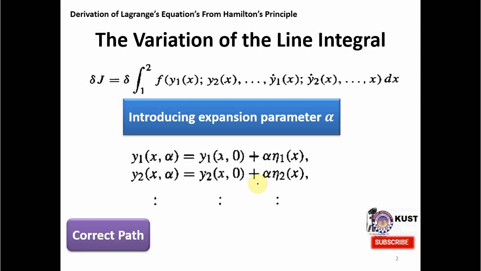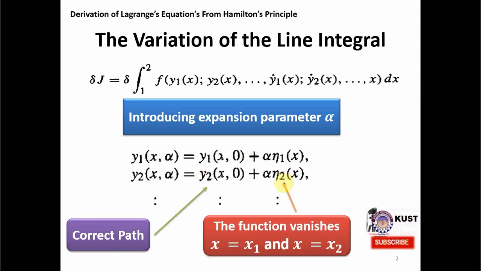So the correct path which we are seeking, which the particle whose dynamics are considered will follow, is in the leading terms. These leading terms y1, y2 and so on will give us the correct path when we make the variation. And these functions, as I have already mentioned, eta 1, eta 2 and so on, are all constructed in a way that they vanish at x equal to x1 and x2. So at the extreme points, the variations of these functions vanish,